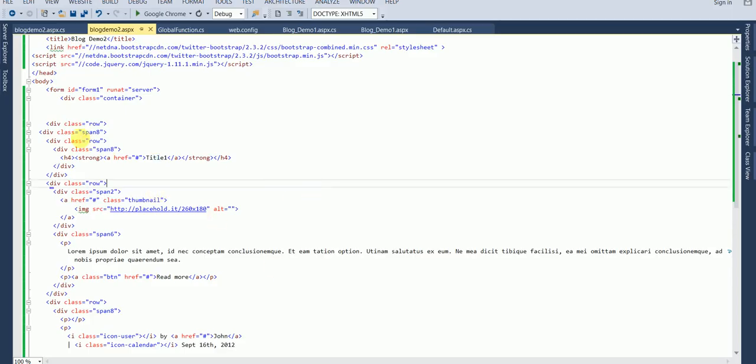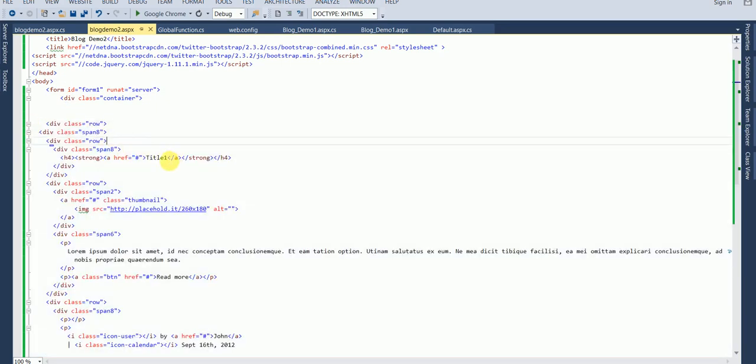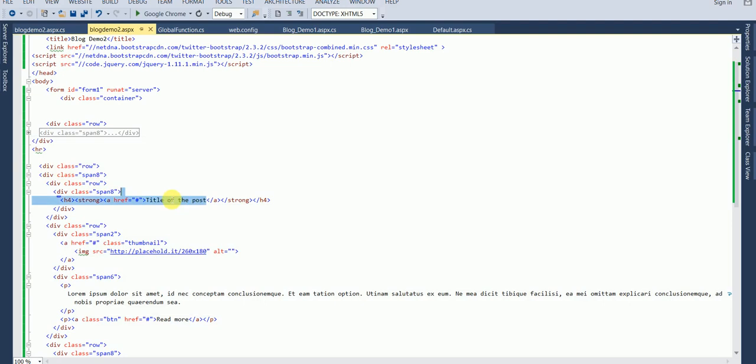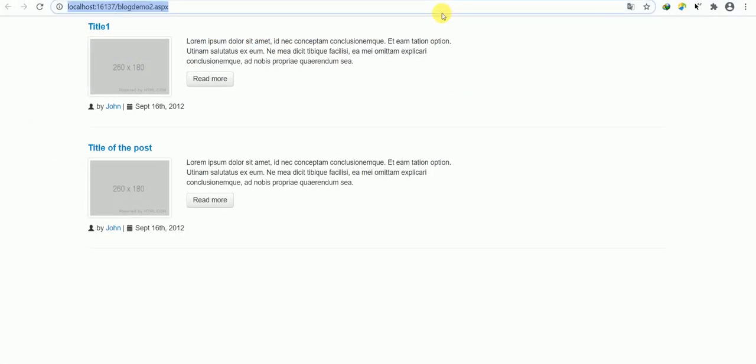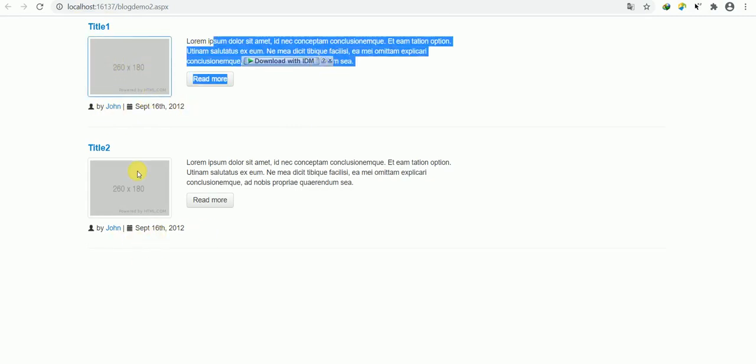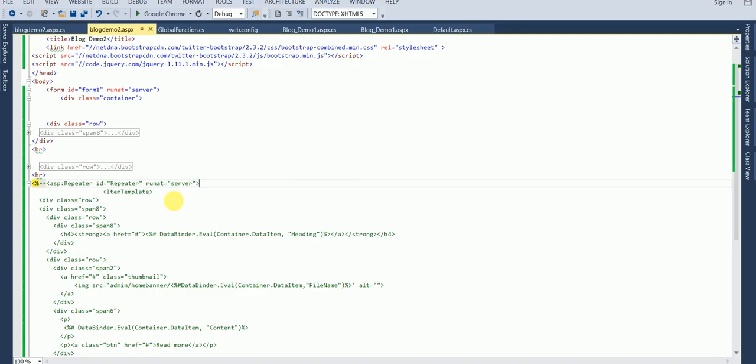First let me show you. There are two rows, first row and second row. This is row 1, title 1, and now I will change this to title 2. This is the second row, which is hard coded, and this is being displayed here. You can see title 1 and title 2 being displayed in the website. You can see John, and the date is the same, the content is the same, the image is not available, all hard coded. Now I would like to bind data from the table.